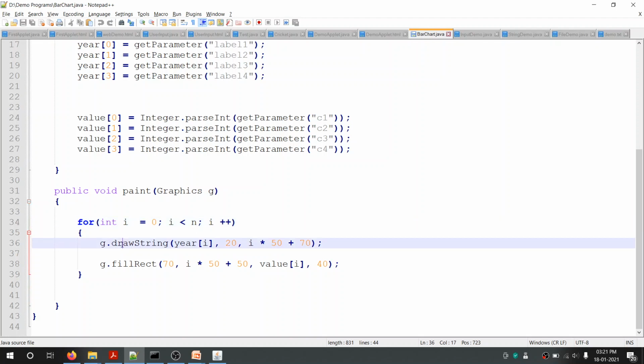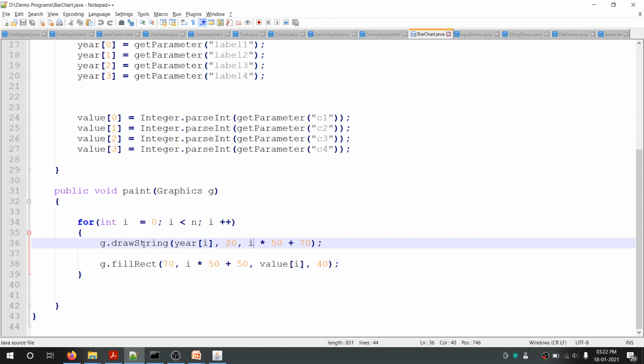How is it drawn? First we are displaying a string, that is the year, using the method drawString. Then we are passing year[i]. Year is an array variable, so year[0] will be displayed, that is 91, and that is displayed at x location 20 and y location i*50+70. i is 0, so 0*50 is 0 plus 70, that means 70.